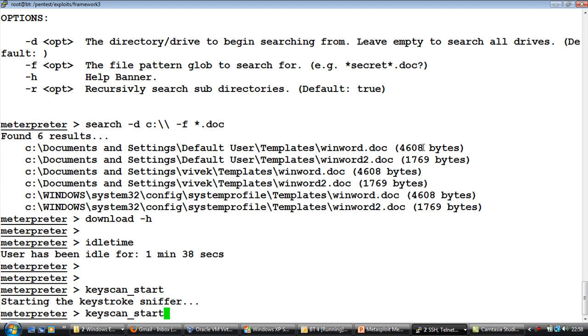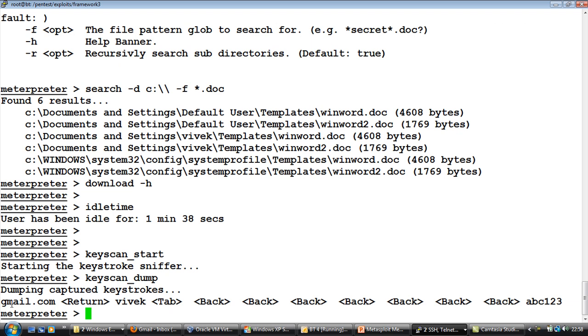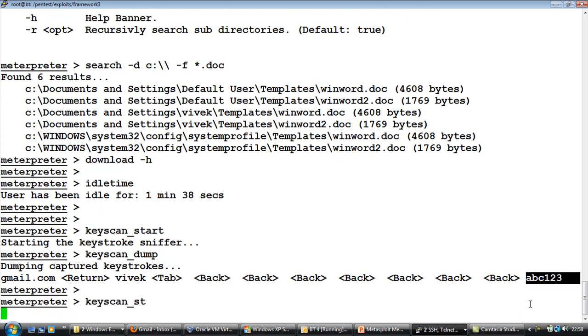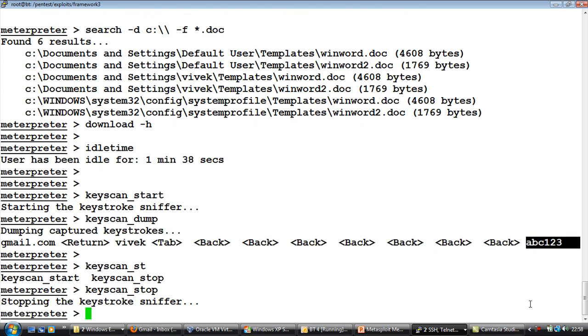Now here, if I go ahead and do a key scan underscore dump, you would actually notice that the entire keystrokes which I went ahead and entered into the remote machine have been captured. So first I entered gmail.com, hit a return, wrote Vivek, hit a tab, went ahead, deleted the existing password, wrote the new password ABC123, right? So very powerful remote keystroke capture. Now let me go ahead and stop this service,